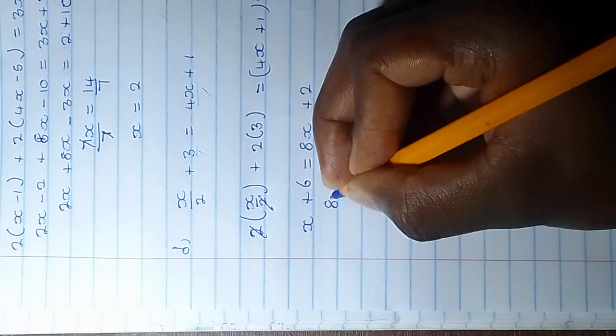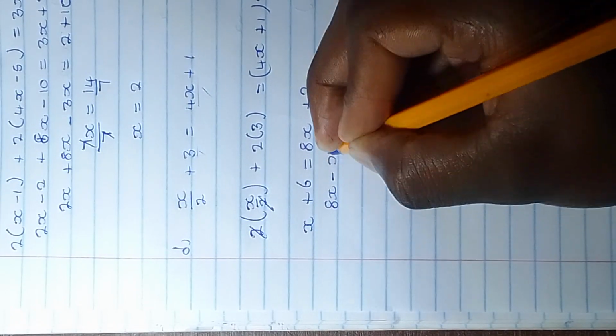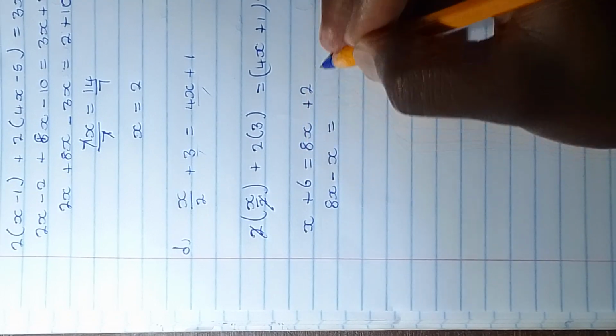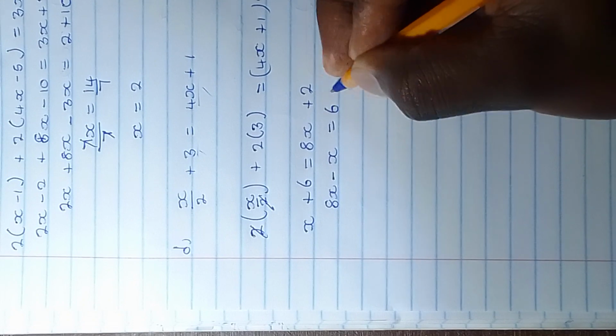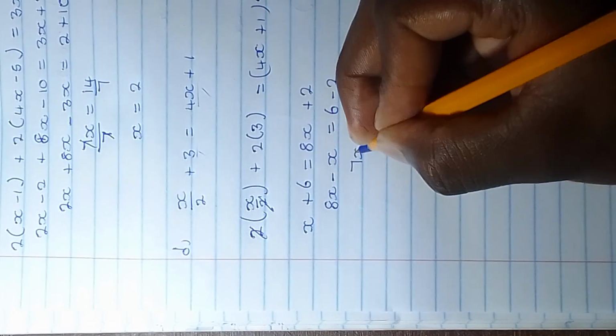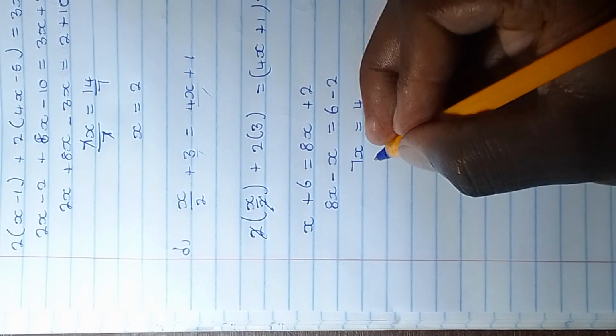Then from there, we're gonna have 8x. This x jumps over the equation, which becomes negative x, changes the sign. Then here we have these 2 jumps that side, we have 6, then it's gonna be minus 2. Then we add them up, which is 7x equals 4 minus 2, which is 6 minus 2, which equals